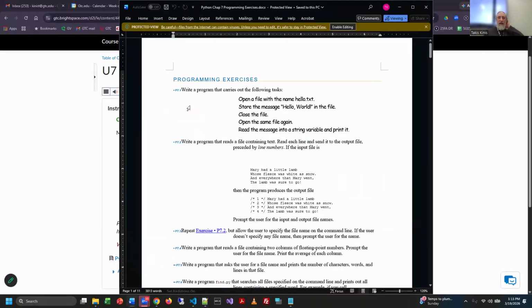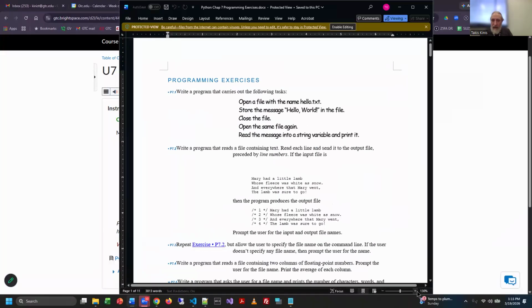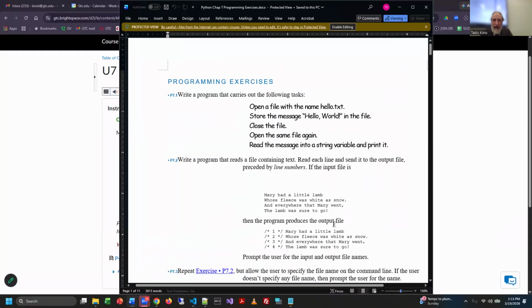There it is. All right. It says, write a program that reads a file containing text. Read each line and send it to the output file, preceded by line numbers. So if the input file is, for example, Mary had a little lamb, yada, yada, yada, then what we're going